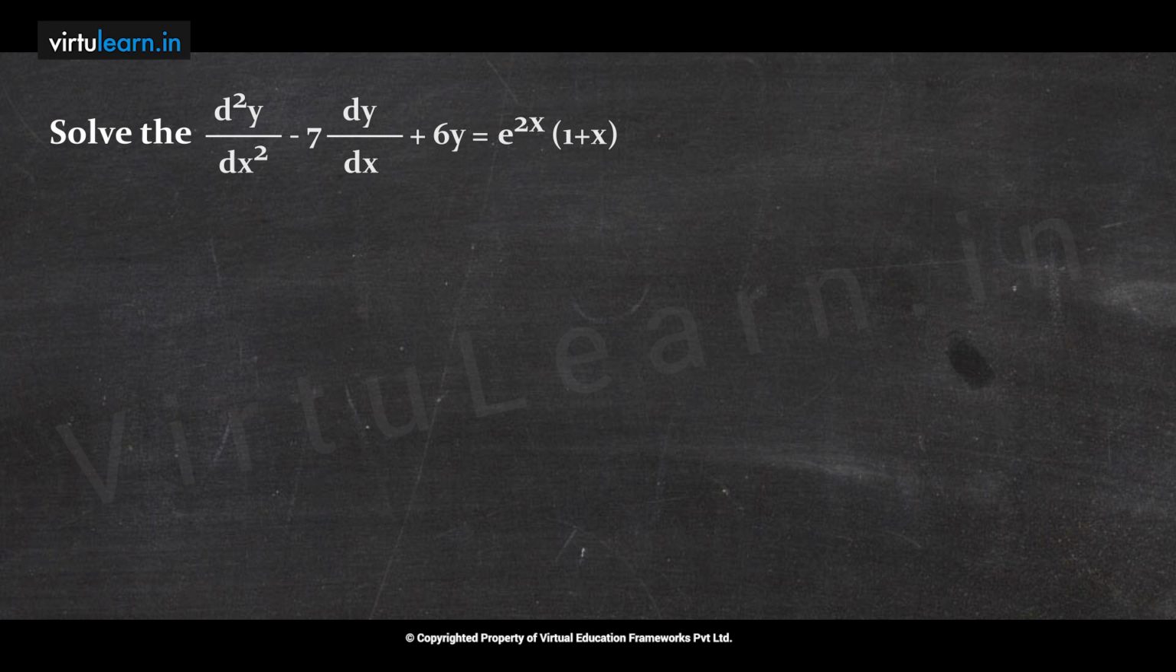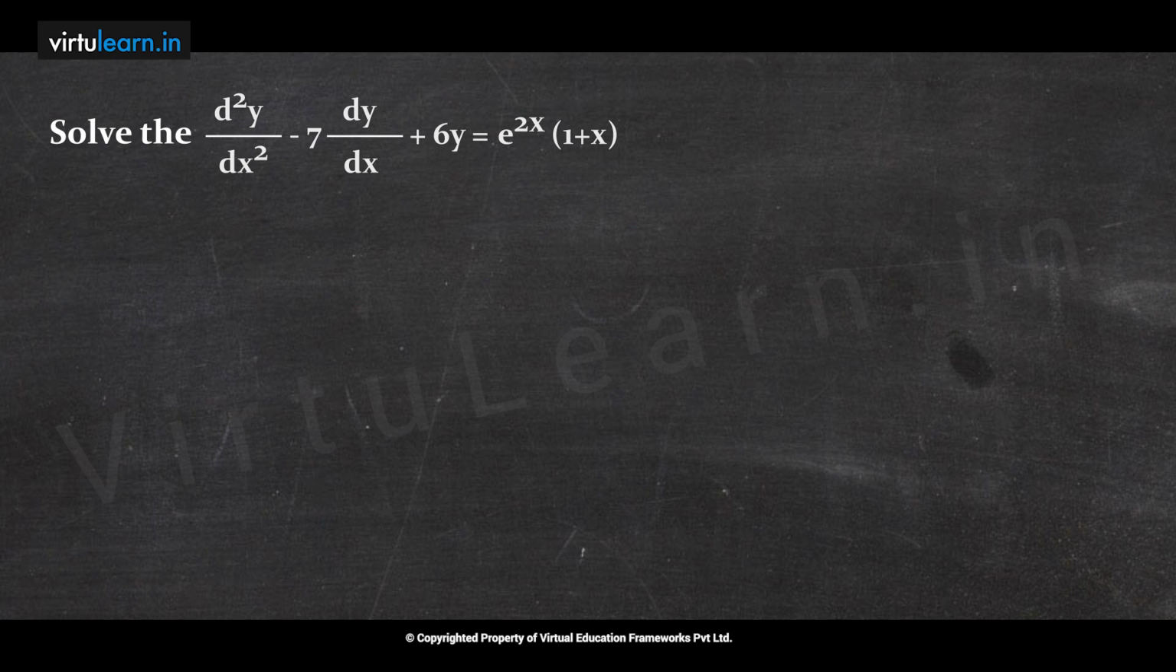Suppose if you observe the RHS in e power ax into v of x form, then you have to write e power ax outside of the particular integral. To solve the differential equation, you have to consider the auxiliary equation, and from that we will calculate the complementary function and the particular integral. We will combine them, then automatically it becomes the general solution of the given differential